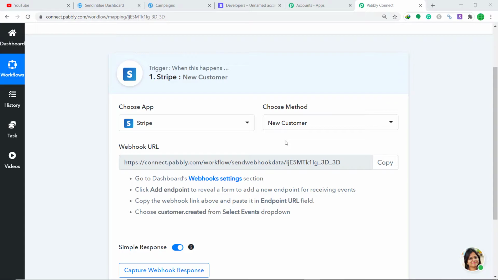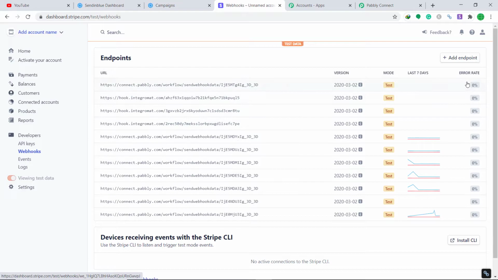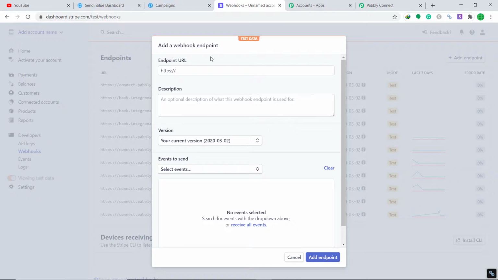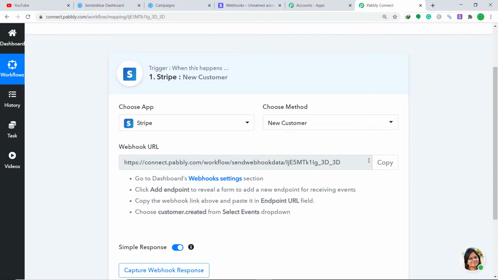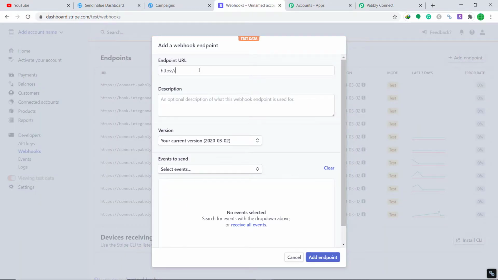So basically what we are trying to do is, we are trying to connect Stripe to Pabbly Connect. So let me show you my Stripe account. Here, since we are going to integrate Stripe to Pabbly Connect, let's first go to this part called developers. Click this. It's actually clicked in my account. Click on developers, then go to webhooks. Okay, at the right corner, you will find a button called add endpoint. Click this. Now a window of add endpoint opens up. Here you will find a blank called endpoint URL. To get the endpoint URL, just go to Pabbly Connect and copy this. This is the webhook URL or the endpoint URL we want, and paste it here.